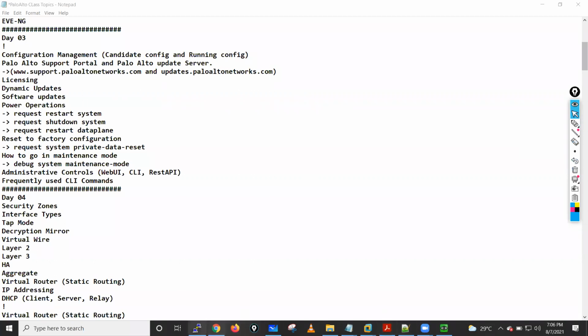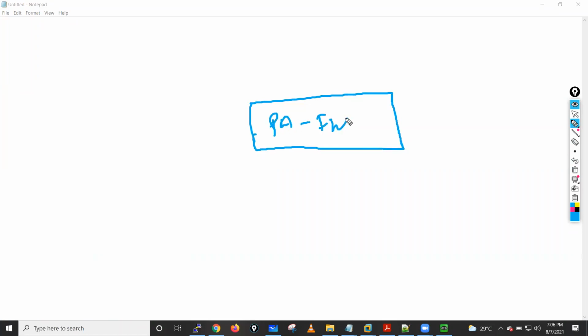If I go into my notepad here, what I'm having right now, guys, is my Palo Alto firewall. I am running this firewall in VMware Workstation. This Palo Alto firewall has one interface, which is the management interface, right? And the first adapter of my Palo Alto firewall, I have set as NAT, a net adapter. On this management interface, I'll configure the IP